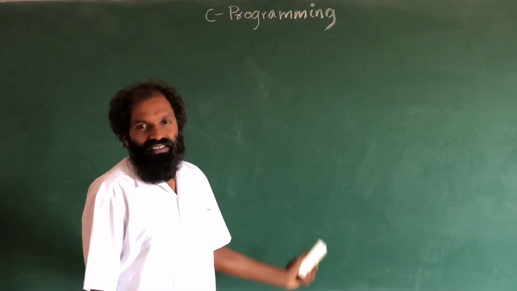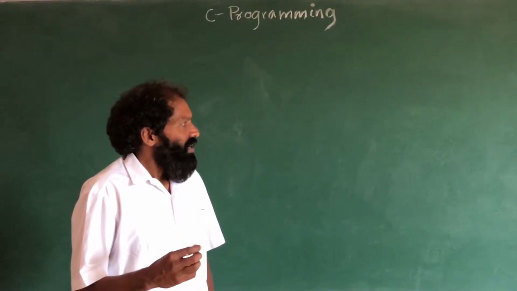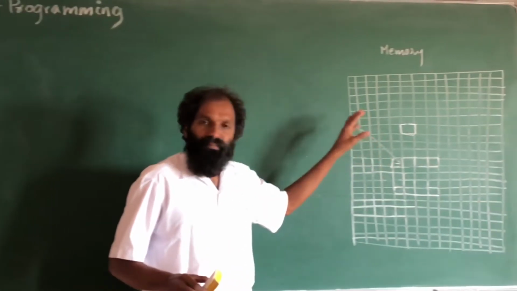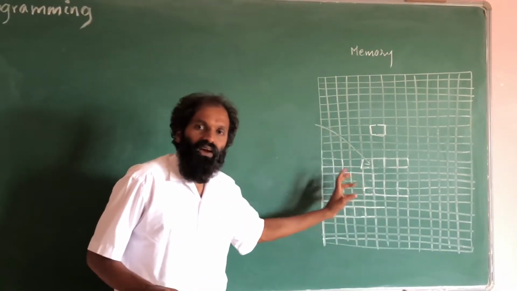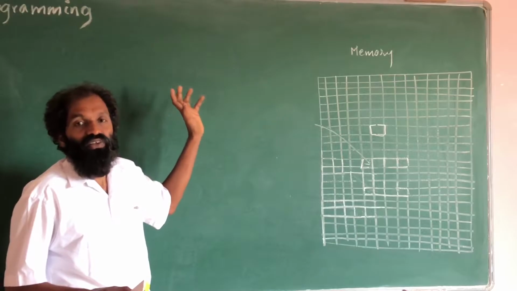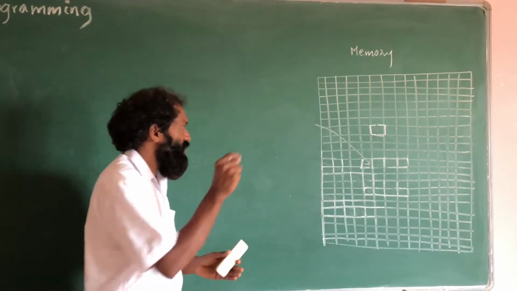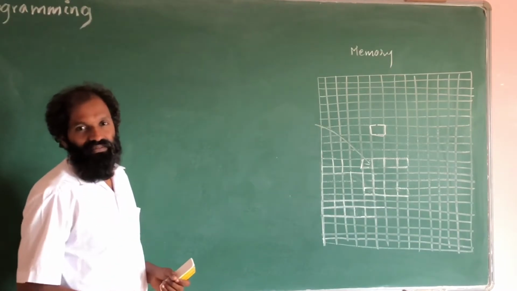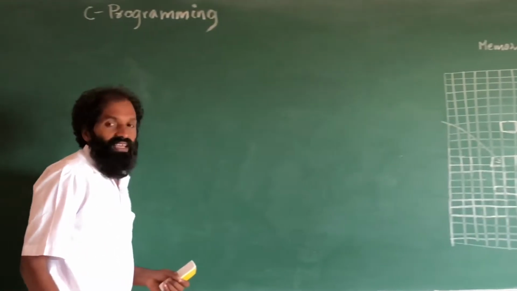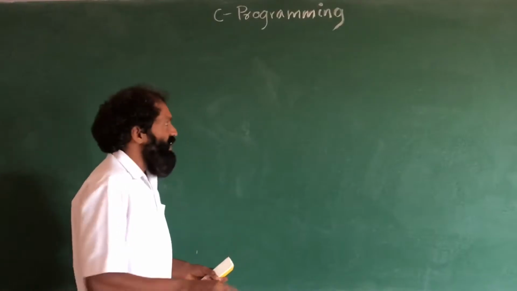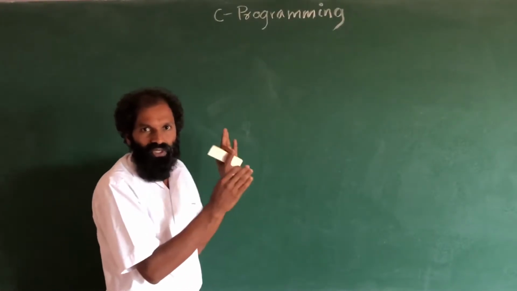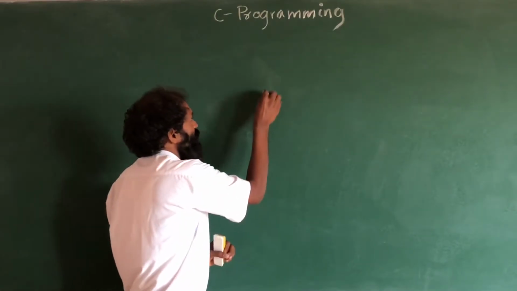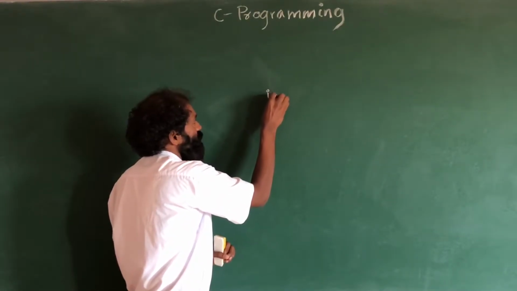Today we shall discuss how, if you want to store a number in the memory and display it on screen, what to do. How to store a number into the memory and have that number displayed on screen. Here, if we write directly, first we need to reserve memory. If you want to store a number, we should take int.